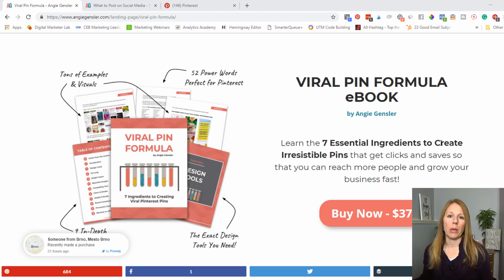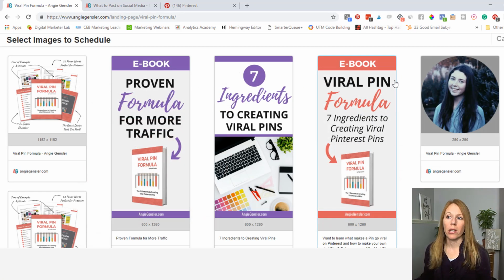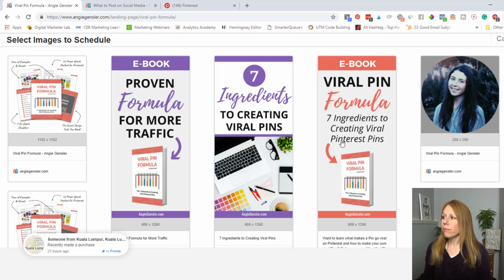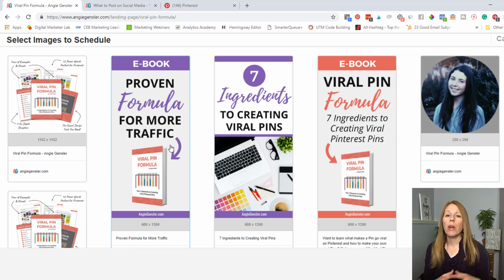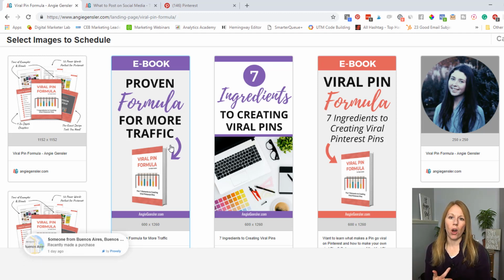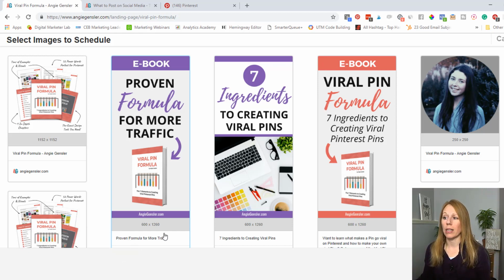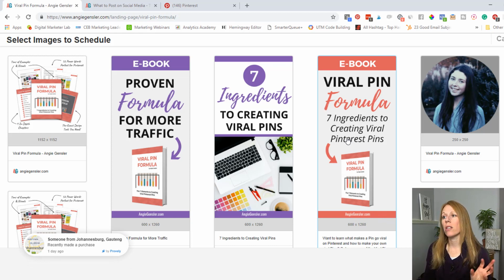Now, with the Viral Pin Formula ebook, I created multiple pins. And when I click on my little Tailwind Chrome browser extension, it's going to pull up all the images from this web page that I can pin to Pinterest. And you can see right here, right away, I have 3 different pin designs. And the 3 are different, but you can also tell that there are similar elements amongst them. I have a consistent branding within them, the same colors, same fonts. I'm having my logo, my web URL displayed the exact same at the bottom. You can see here. So there's a lot of consistency amongst the pins,